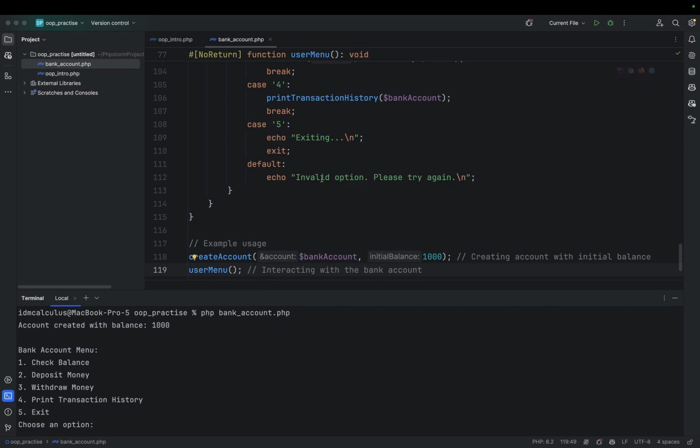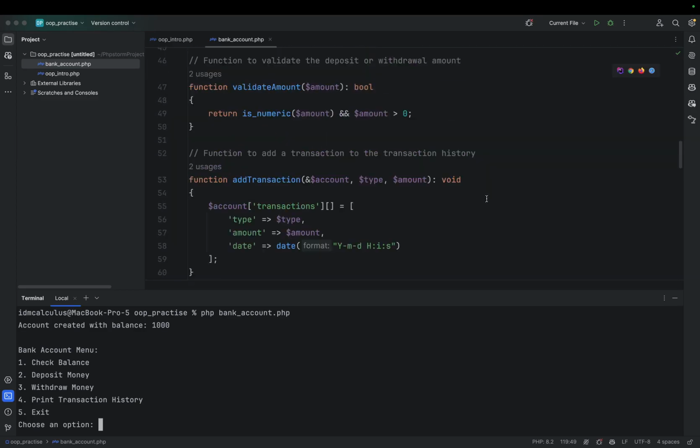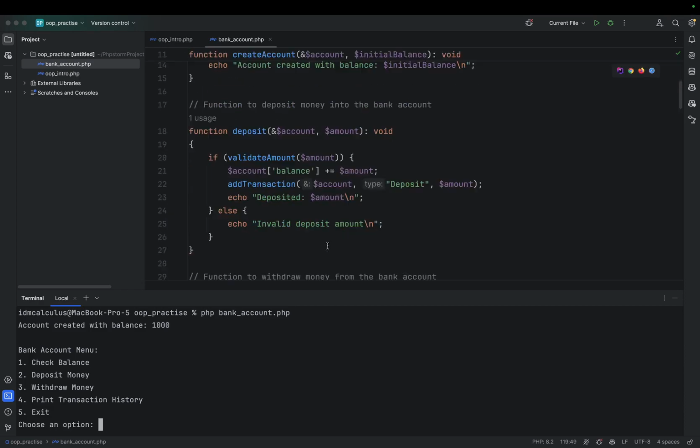So account created, and that's just what I have here. Create account, create bank account, and then with a balance of 1,000. So it says account created with balance 1,000. You create an account with initial balance. So that's what this does basically. It creates the initial balance, and then we have